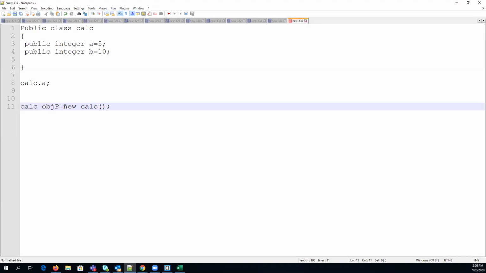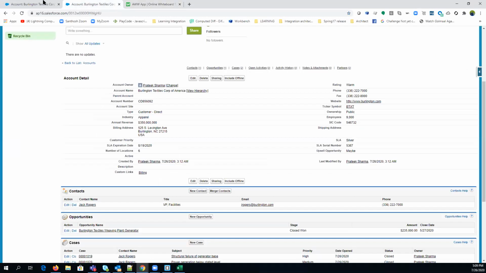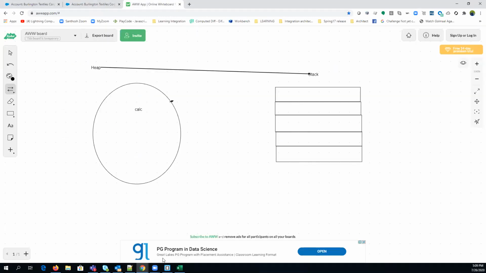And we are using a keyword called new. The new keyword allocates a new memory location in the stack. And what is this? This is a constructor. We'll discuss in detail what a constructor is. One quick question: this objp is a reference variable which gives a reference for the class? Absolutely correct. It's just a variable. The class stays in the heap, and the reference is stored in the stack, because you will always call the value using the variable name, not knowing what the address is.